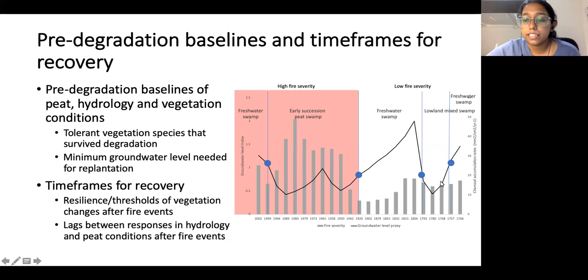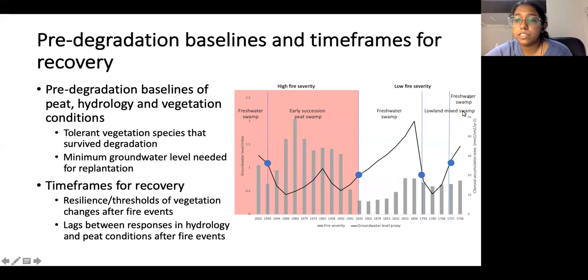the groundwater level index from my testate amoeba counts, and the bars, the histograms here, refer to the fire severity from my charcoal concentration. And I also identified the dominant vegetation species that I find in the different time periods from my pollen data set. So if you look at this red part, this is our 1900s to 2000s, and this is between 1700s to 1900s. You can see that there's lower fire severity in the past, and